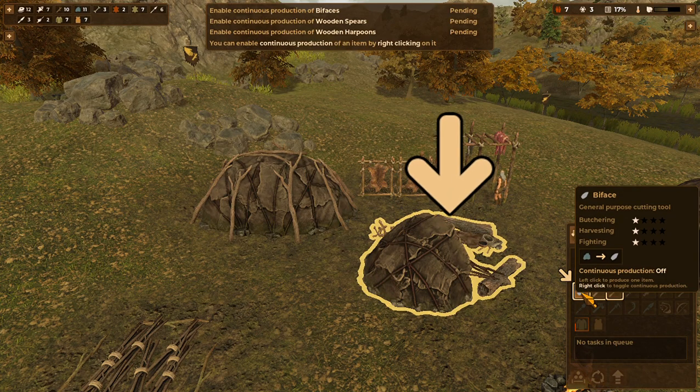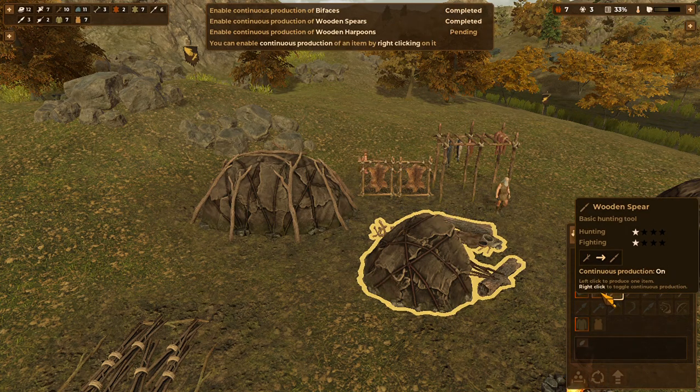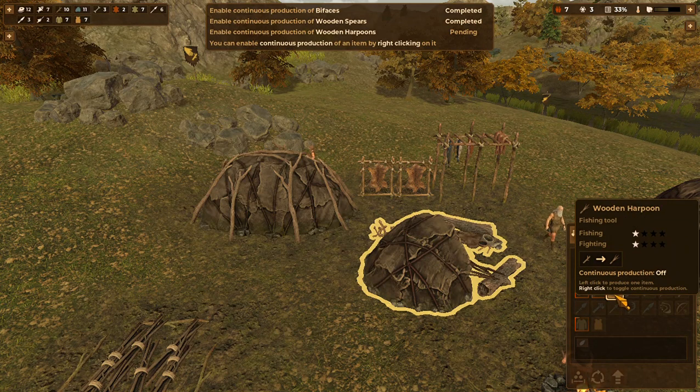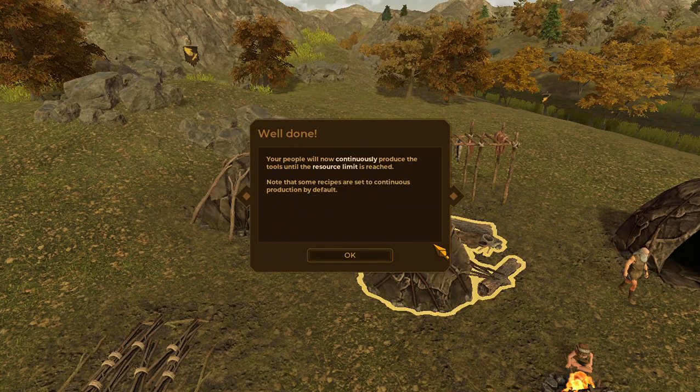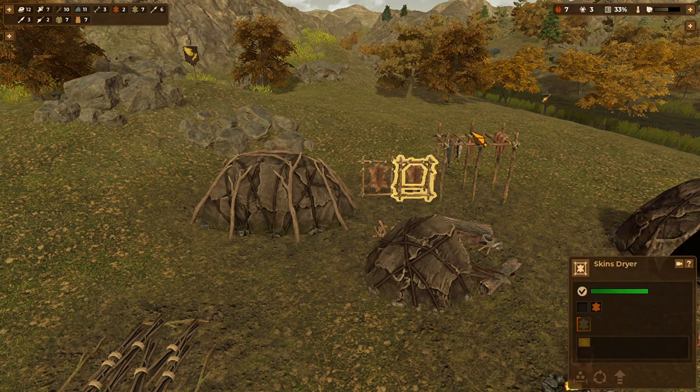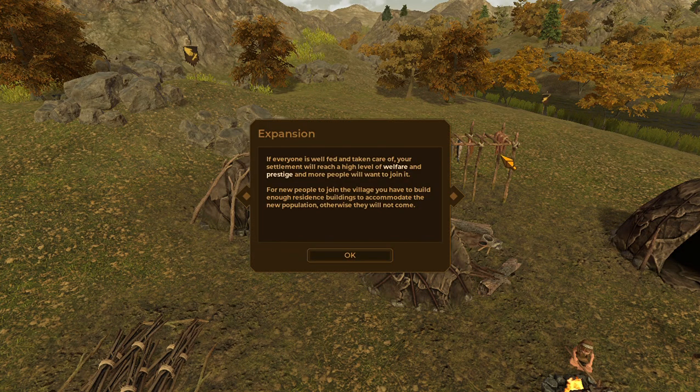Right click, light base, wooden spear, wooden harpoon. Enable continuous production. Well done, your people will now continuously produce the tools until the resource limit is reached. Note that some recipes are set to continuous production by default, like the dry skins and